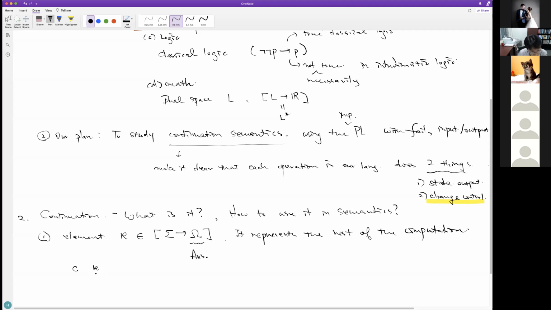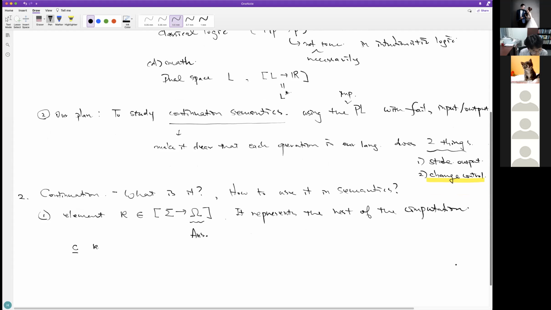And what this kappa represents is what should be done after this command C is finished. So kappa represents the rest of the computation that should be run after the command C. And if the command C decides to complete or finish, then it will skip this continuation kappa and just return the answer directly. So that's one thing that command C can do.